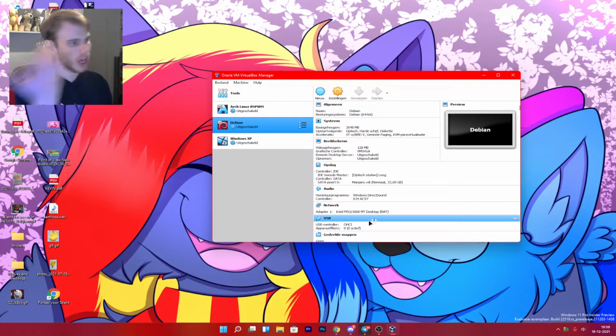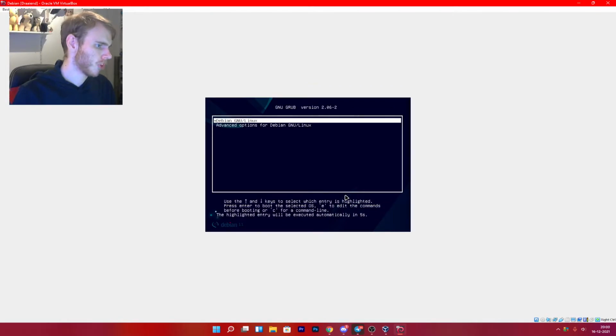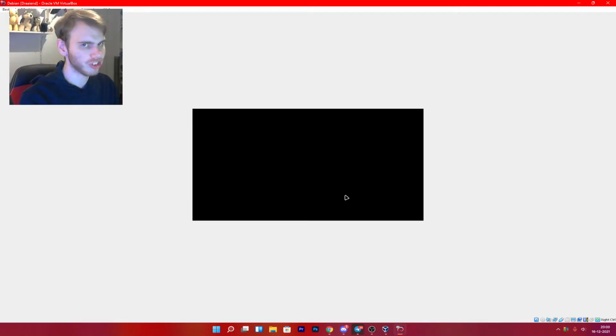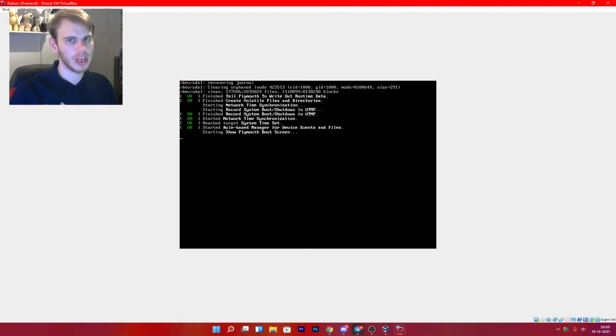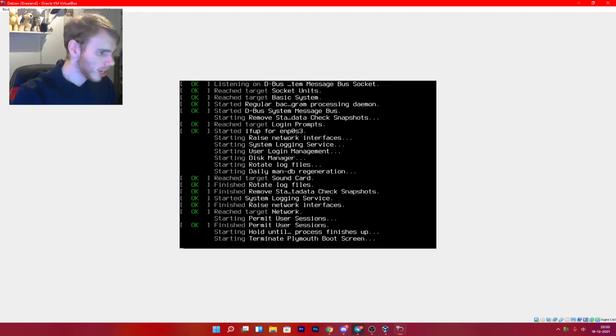So VirtualBox is what I use for that. It's easy, it's free, and it's really good to use. It's also available for all operating systems, by the way, if you want to use it. So right now I have 2 systems in here. I've got base Debian, or vanilla Debian if you wish, and I also have Linux PSBWM. And the reason why I have the vanilla Arch and vanilla Debian is because I just wanted something to